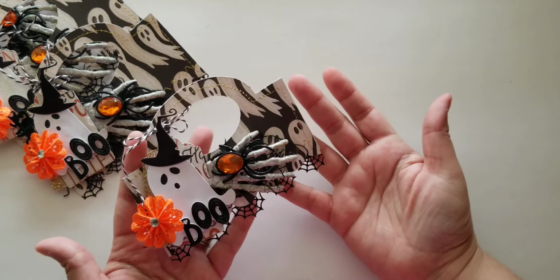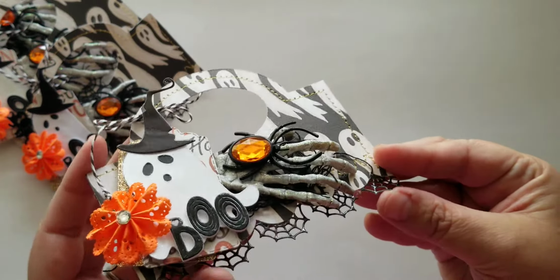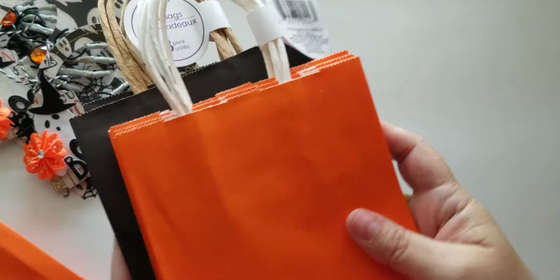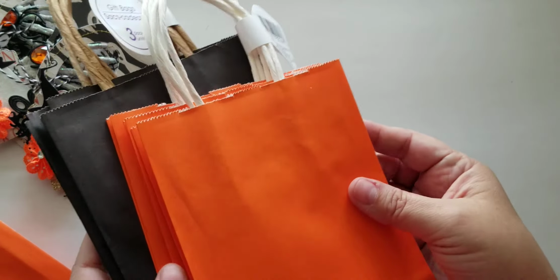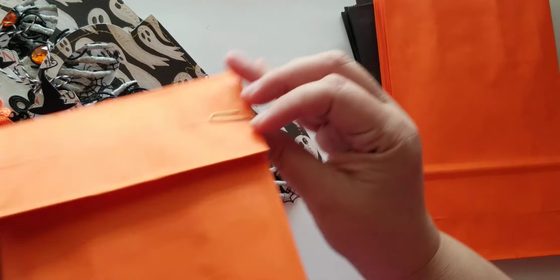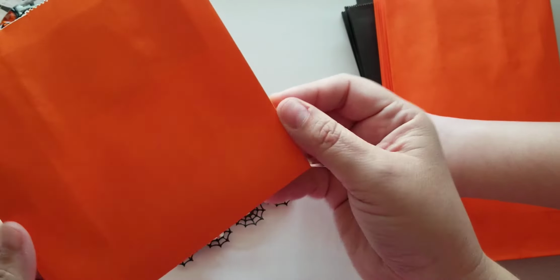And that is it, you guys. That is this bag topper. I am really loving the pop of orange on this. This will go on top of a bag. Let me see if I can grab it. Hold on one sec. So these are the bags that I am going to be using. We're supposed to include a baggie to go along with the bag toppers. And these I picked up at Dollar Tree as well. You get 3 in a pack. So I picked up orange and black, since, like I said, there are 2 bag toppers that we're supposed to have. So I'm planning on folding this and maybe holding it with this paper clip right here, and then